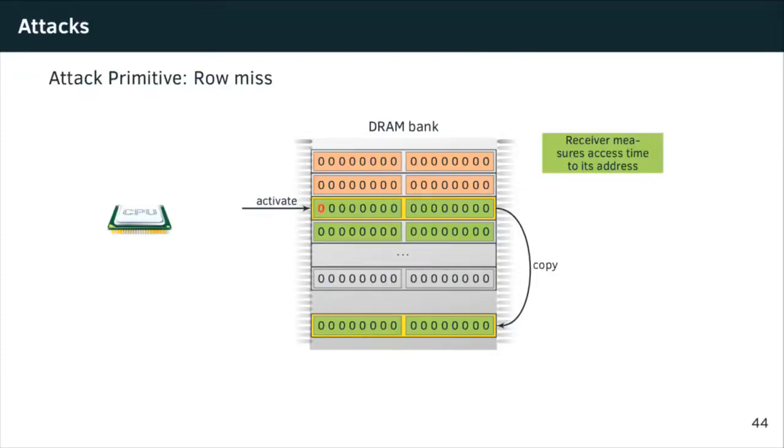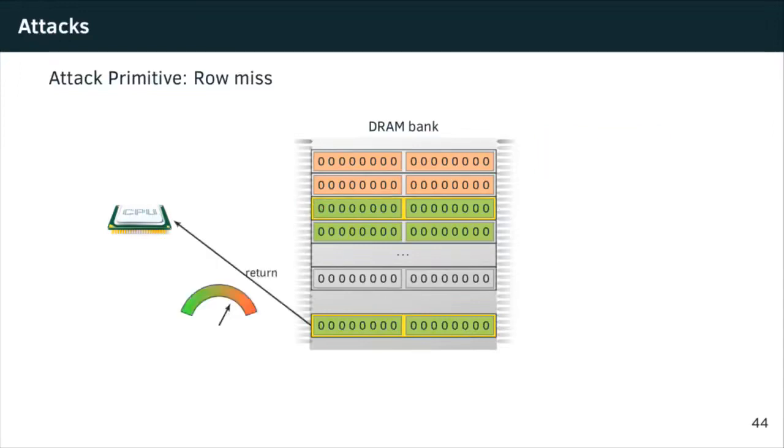At the first access, this data will be copied to the row buffer, the timing will be high, and we ignore the first reading. But afterwards, every time the receiver accesses data which maps into this DRAM row, it will already be in the row buffer, so the access is really fast, and the receiver sees fast access times and knows its data is in the row buffer.